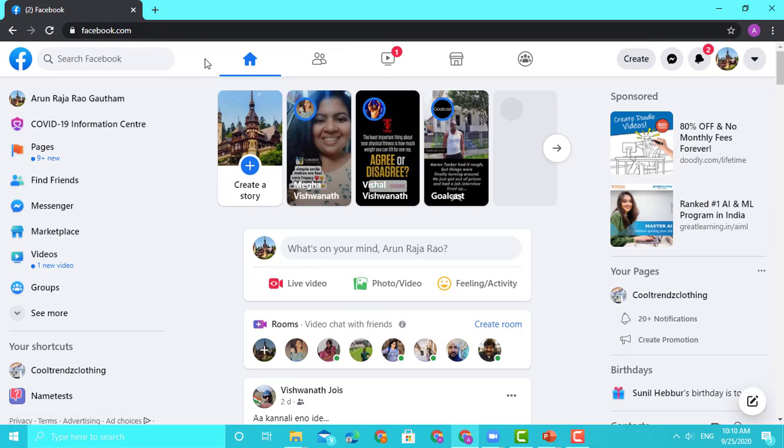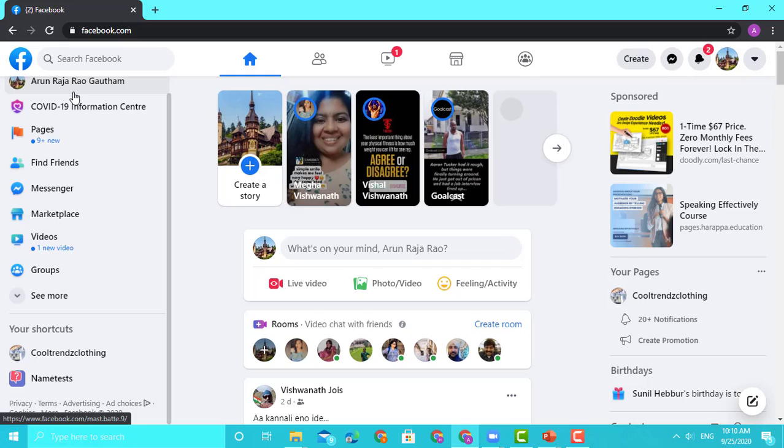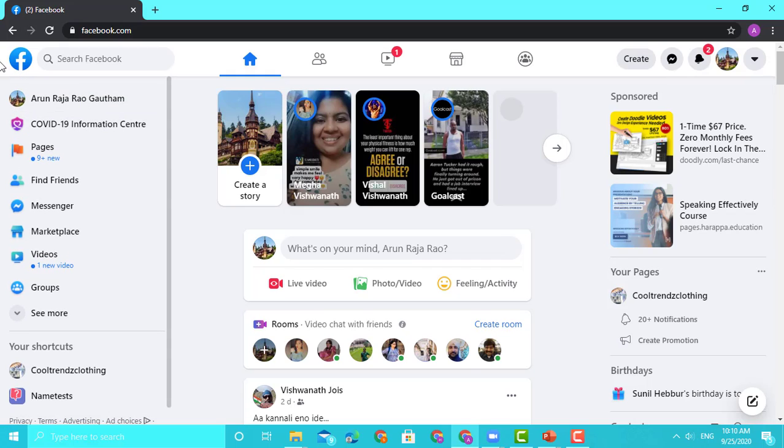And this part we call the nav bar. The first bar at the top, where we navigate through your website or your application, is called the nav bar. So the first thing is the navigation bar. You will see every website will definitely have a nav bar. The rest of the items you can style as you want. So every website can have it. So this is the way Facebook looks.